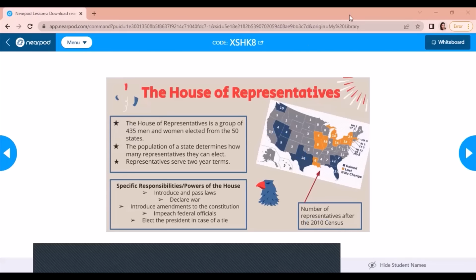Now you're thinking, well, what about the small states? What about Rhode Island? What about Wyoming? What about all those states that only have one representative? That's not fair. Now California and now Texas, they have a lot more power in the House of Representatives than the smaller states. Well,